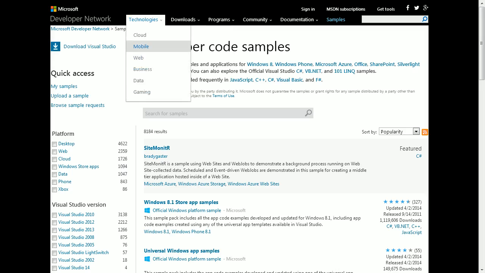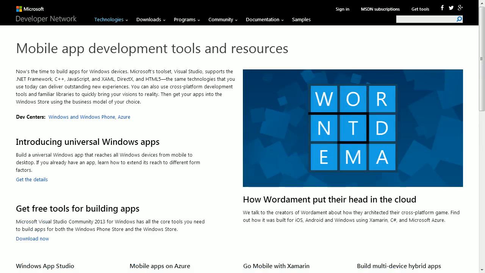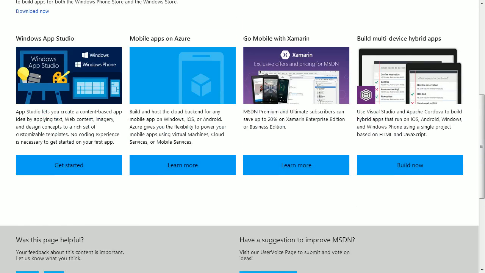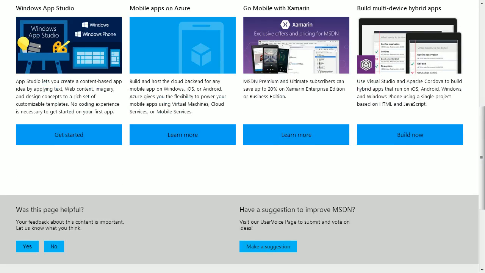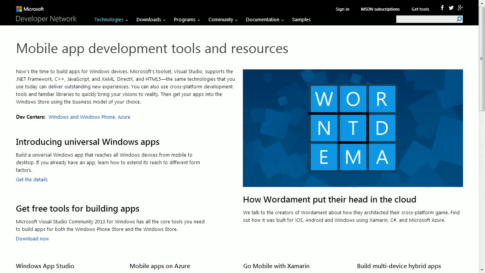Basically everything. You've got things like mobile, technologies and that. It tells you how to create apps in the cloud, things like that. Windows App Studio is a new tool as well that you can use for Windows app development. You've got everything there. So anyway, if I go back to the camera, I would like to thank you for watching